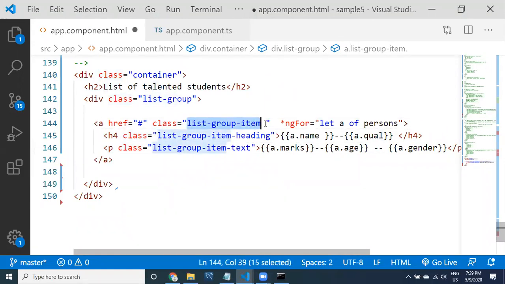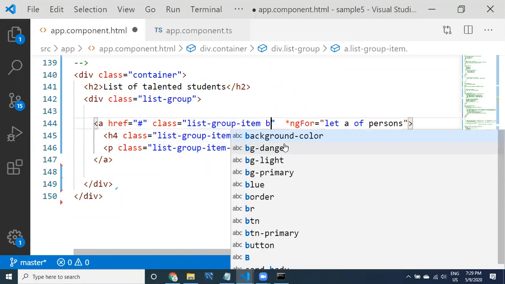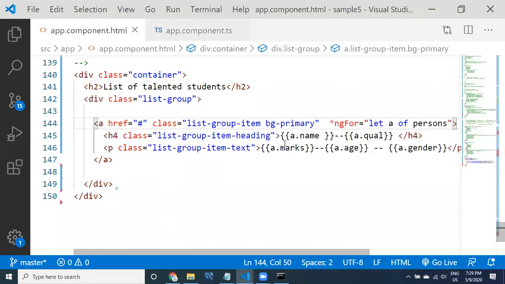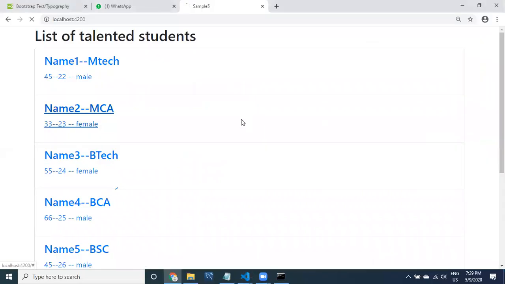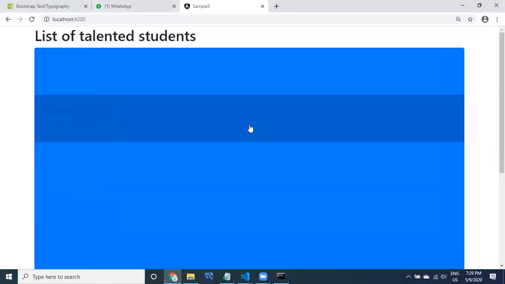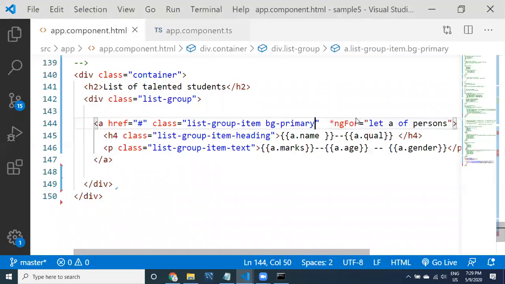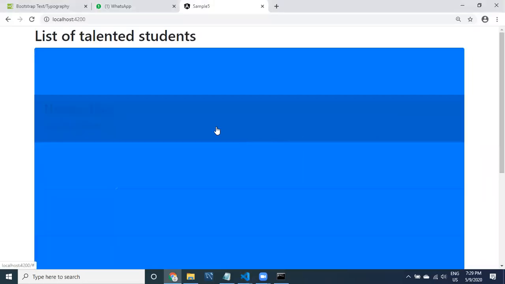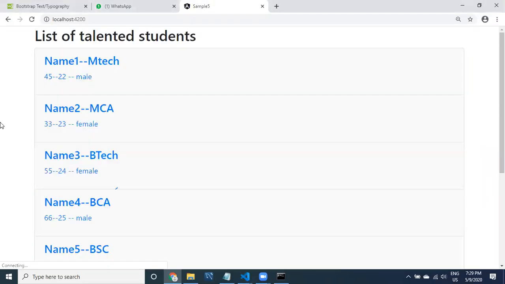For this I want to apply bg, maybe primary. Let us provide primary and save it. Oh my god. I don't want bg-primary, use bg-light. Yes, bg-light is working.